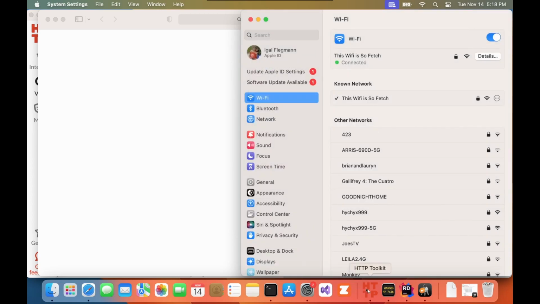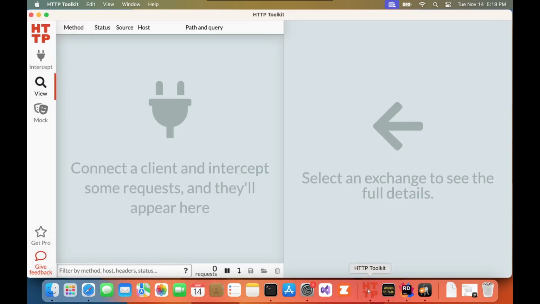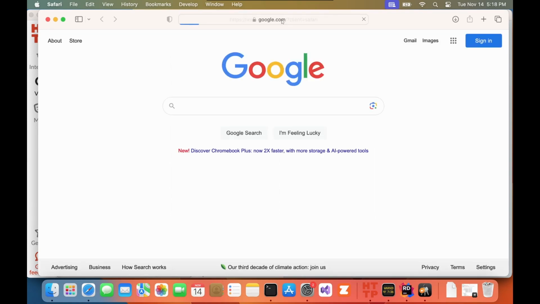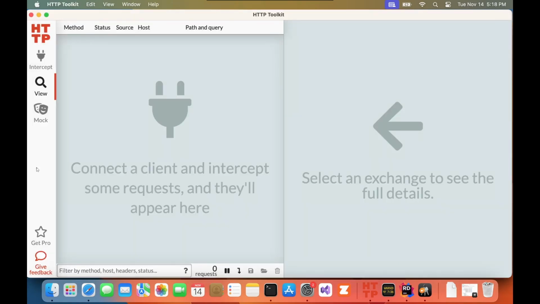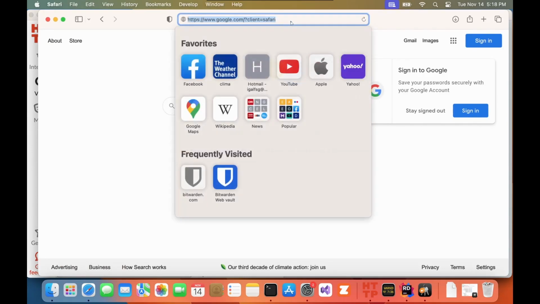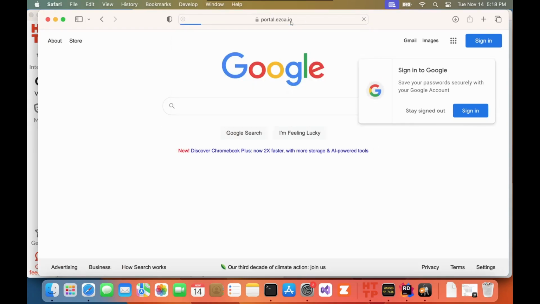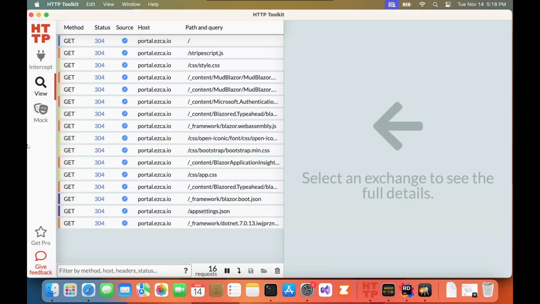And now we can test it. So far we haven't hit any of the URLs that are there. If I go back to Safari and go to google.com, we'll see that nothing happened. But then if I go back here and go to portal.ezca.io, we can see all the requests. So that's how you